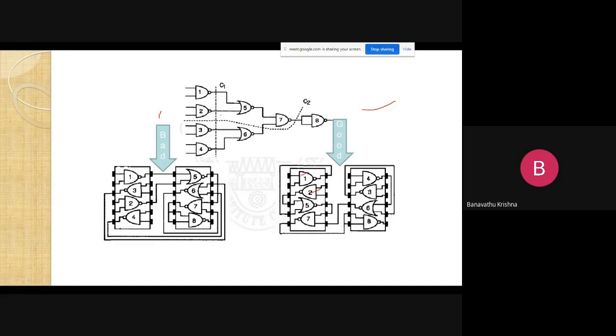So the output of 1 and 2 is given to the input of 5 here. The outputs are given to the input of the 5 here. And then the output of 1 is given to 7, and like that the output of 6 is given to the 7. Then 7 is applied to the 8 here. Finally we are getting the response here. Okay, so this is the proper partitioning here. The other one is not a proper way. Okay, this is a way of system partitioning, right? Clear?